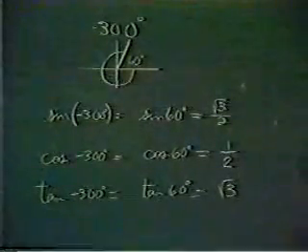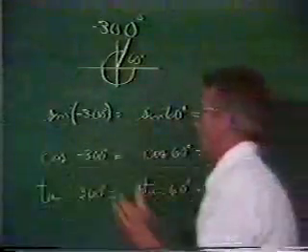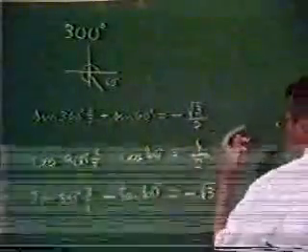Now again, I want you to notice some things. Let's go back and look at 300 degrees. With 300 degrees, I get negative answers on some of them. For the sine of a positive 300 degrees, I happen to get a negative answer. The cosine of positive 300 degrees, I get a positive answer. The tangent of 300 degrees, I get a negative answer. The negatives come from the quadrant that the angle is in,